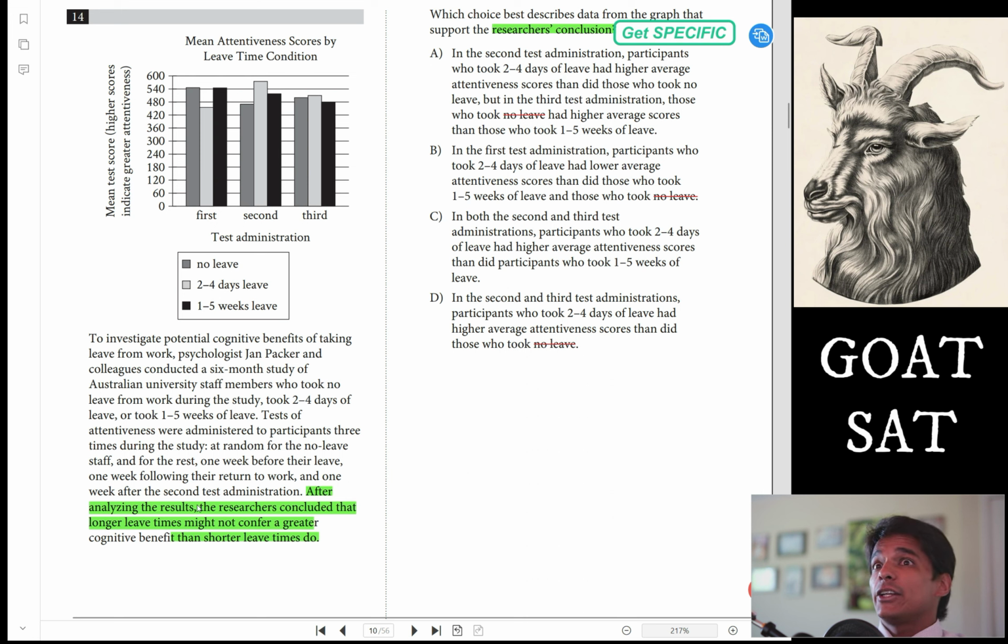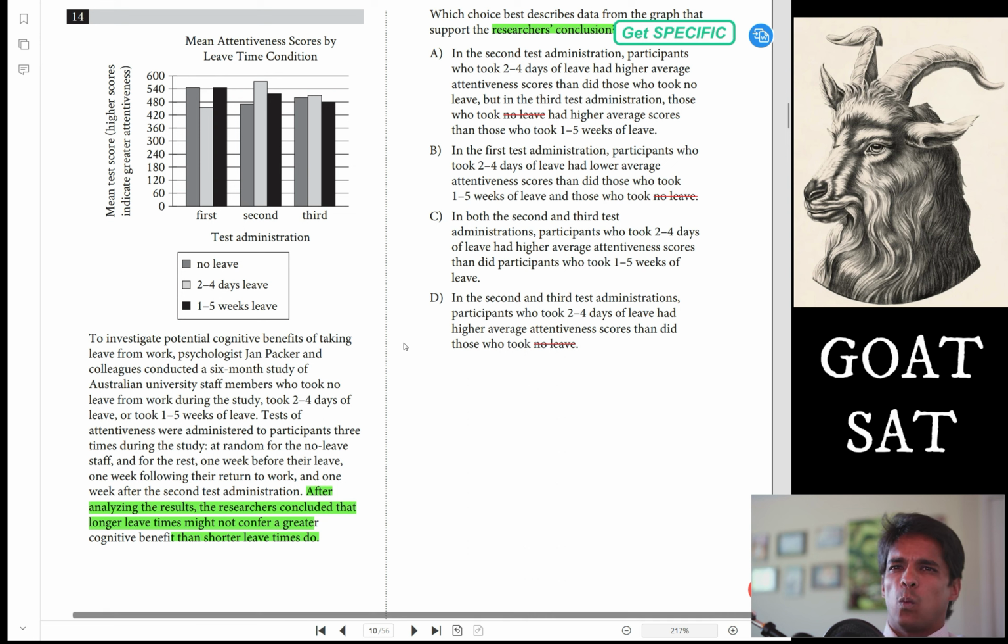Their exact conclusion refers to longer leave times and shorter leave times. It never talks about no leave at all. It's not part of the claim. It's not part of the comparison, right? So I want you to go through this question and see if you can answer it. You have the tip now, but see if you can read through it and figure out